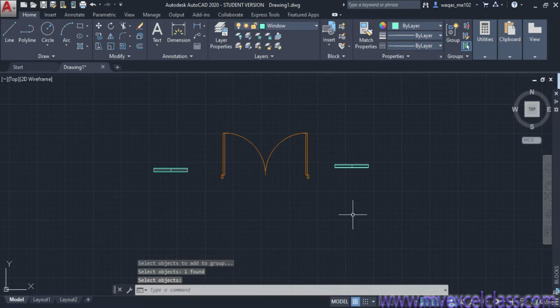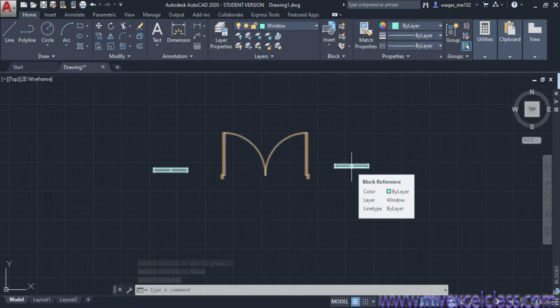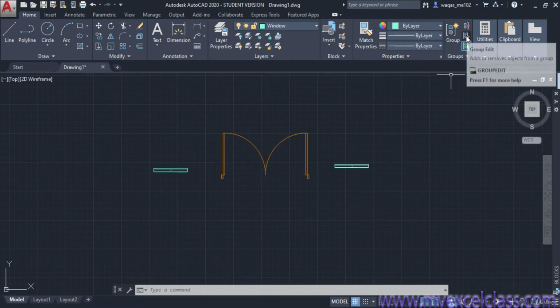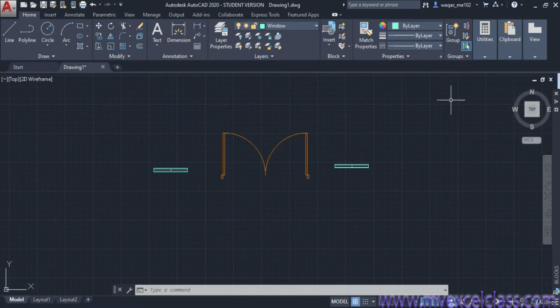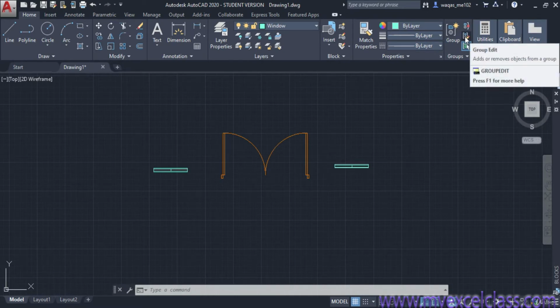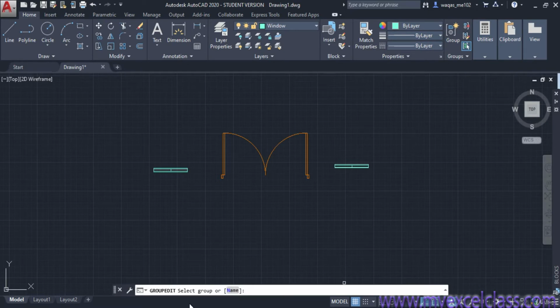Now see, these have been grouped by using this addition option. Means by using this group editing, you can add something or you can remove something. Suppose now I want to remove this window from this group. I can do this by using this option. I will click here. Now it's asking to select group.